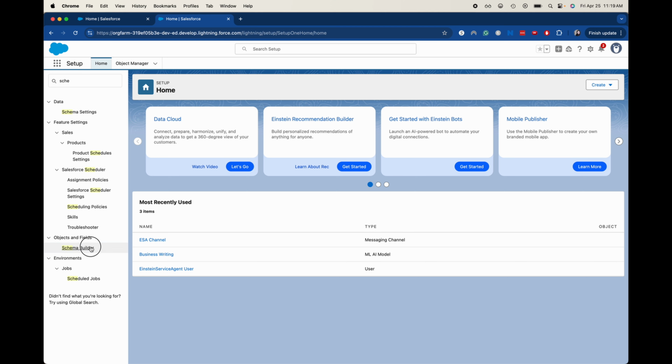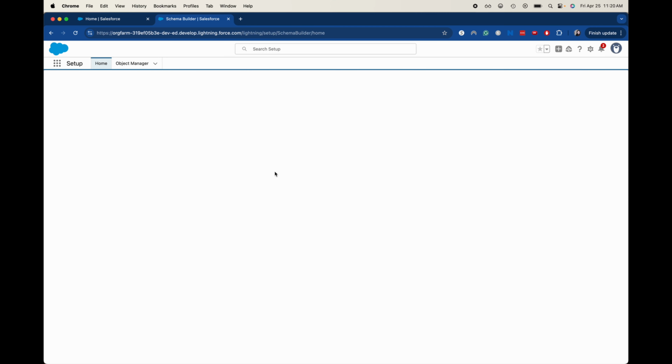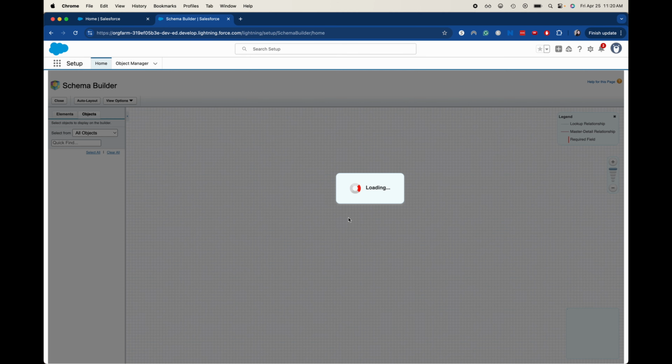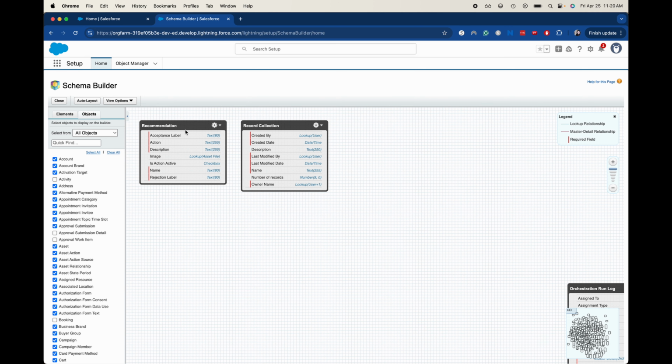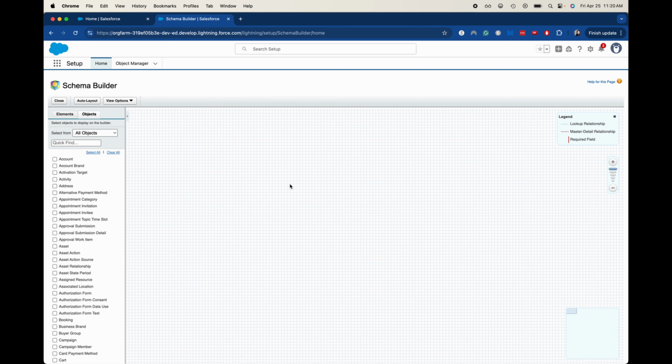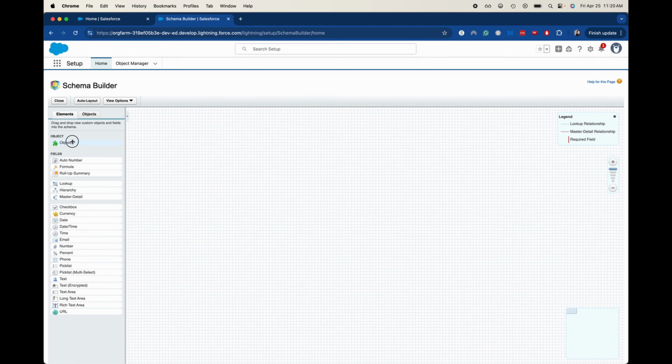So going down here, double click or click. It may take a little bit of time to load. I won't edit this down so you know how long it takes to load. Okay, so what we're going to do is clear all the objects so we're not seeing any objects or any relationships here. Then I'm going to go over here to elements and drag